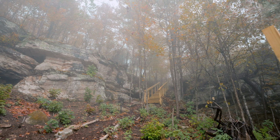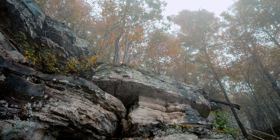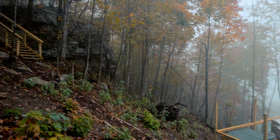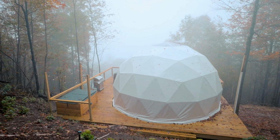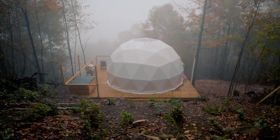You reach your dome, and if you look around, there's all these beautiful rock formations, especially right behind me. You can see this whole cliffside of just rock, and it looks really cool. That's all around your dome, which is great. I like the experience of being out in the nature with a beautiful Airbnb to chill at. So you make it to your dome, and if we continue on a little bit, the first thing you have